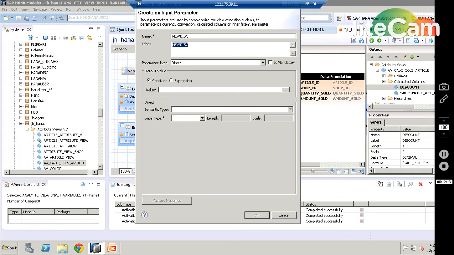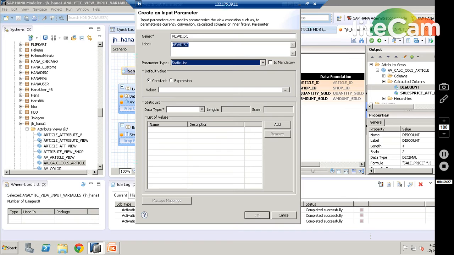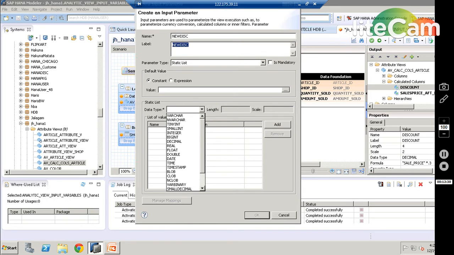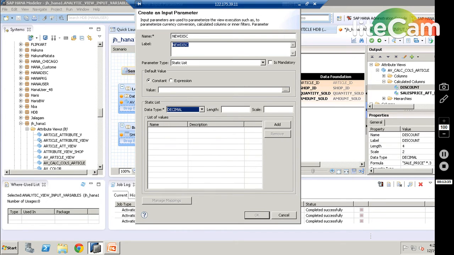My new discount is going to be an input parameter for this, but from where will I get these values? My values are a static list. I'm just creating a list of values here to pass on. So what type of data is it? I'm going to take it as a decimal. My decimal has something called scale, which is 2. So, add the list of values.